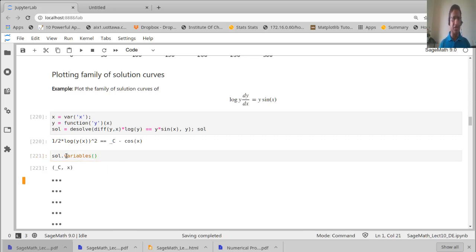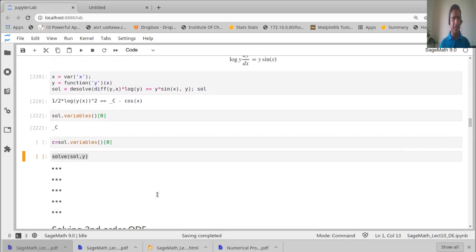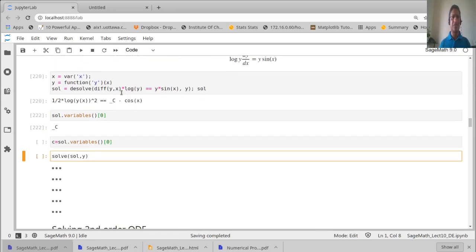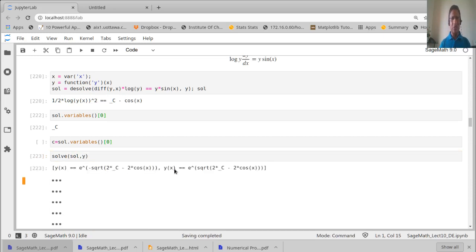You can obtain what the constants are by using this notation. Solution dot variables will tell you what variables are there in the solution curve. Here in this case there is only one c and the variable is with respect to x. So if I want to extract c, I have to say this of 0, so that is this. Now, I have explained this already. Let's solve this for y, since this is explicitly defined in y, and then